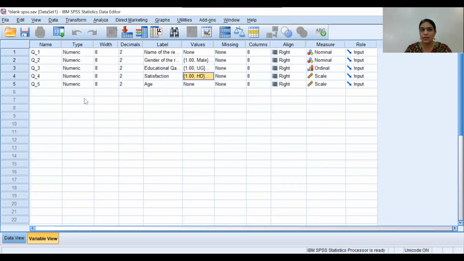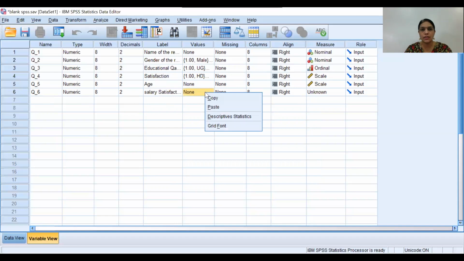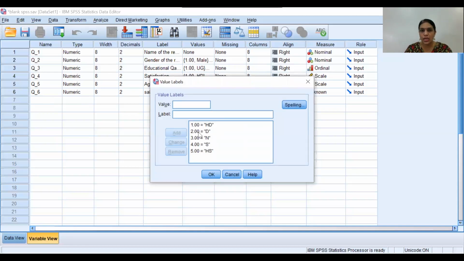You can copy here. So for example, I am writing question number 6 here, and then I am writing my satisfaction regarding the salary, satisfaction for the 6th pay or 7th pay. So then I am writing this way. Clear? You can paste here. See, I have not entered this 1, 2, 3, 4, and 5. It is automatically created because I have copied this function.